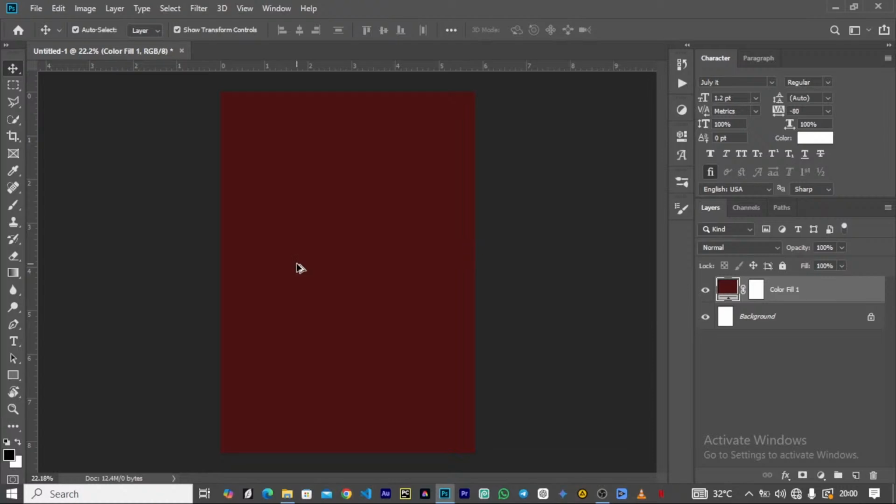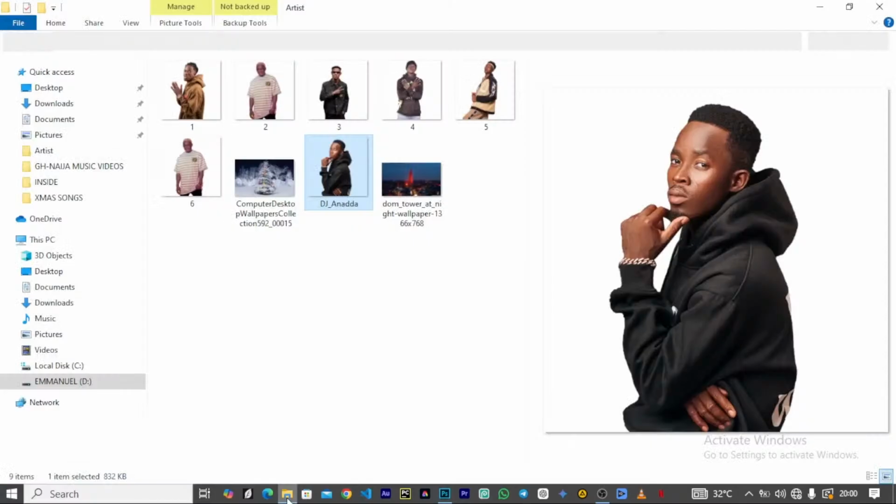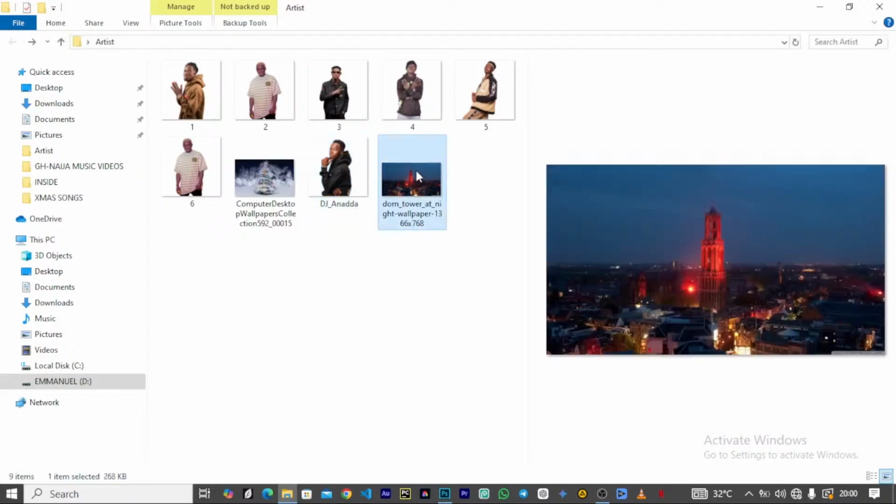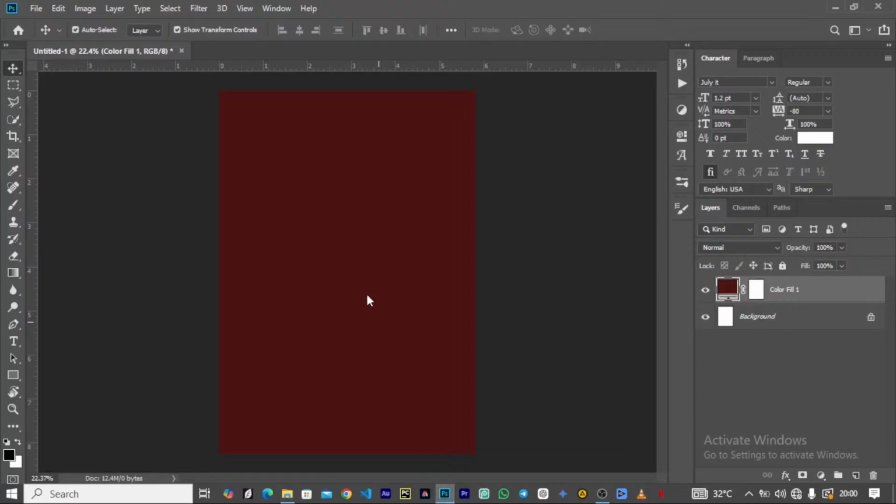So now the next thing is we just move straight and then drag in our backgrounds. Okay, so just move straight to the resource. I have a city, just a tower in a city. So I love this background, so I just drag it inside our main document. So once the background loads, what you do is we just set the blending option and then reduce the